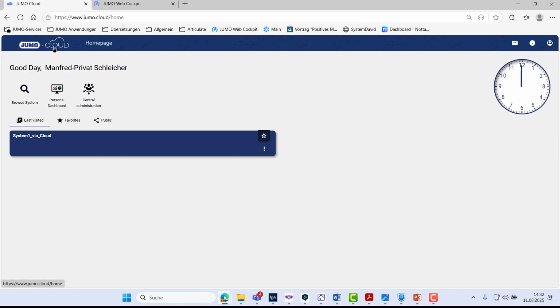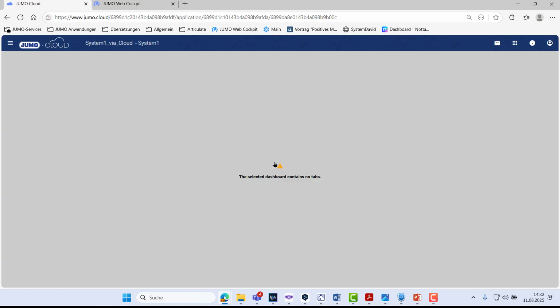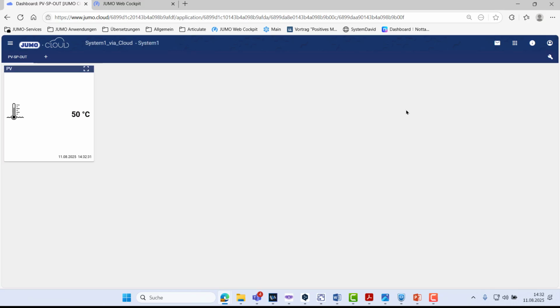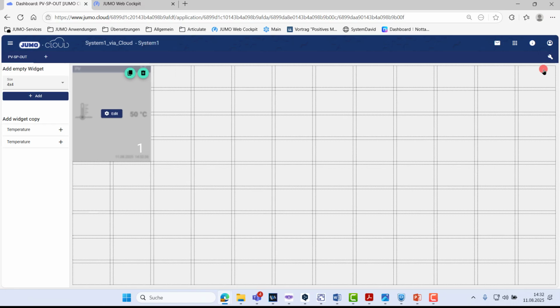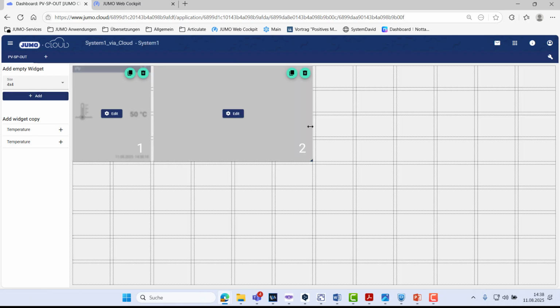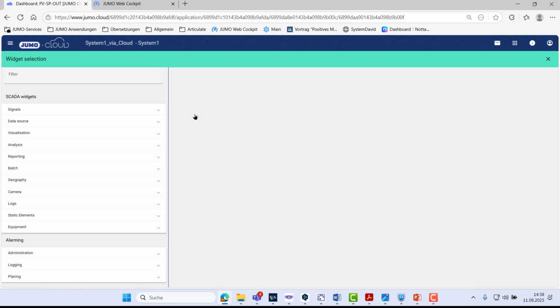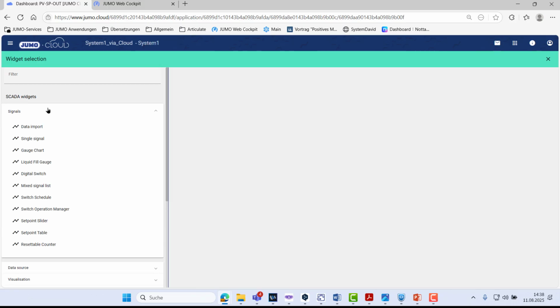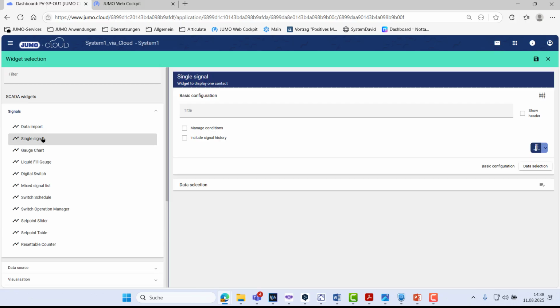I now place the setpoint and controller's output in the dashboard. I start editing my dashboard and create another widget for the setpoint. The setpoint is also a single signal. I name it, and I want to display the header for the widget.